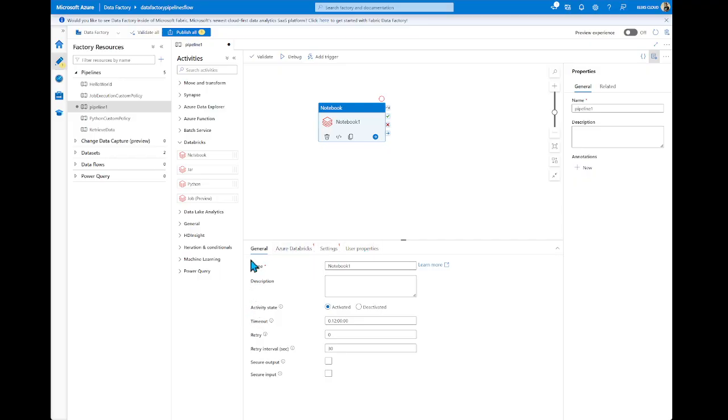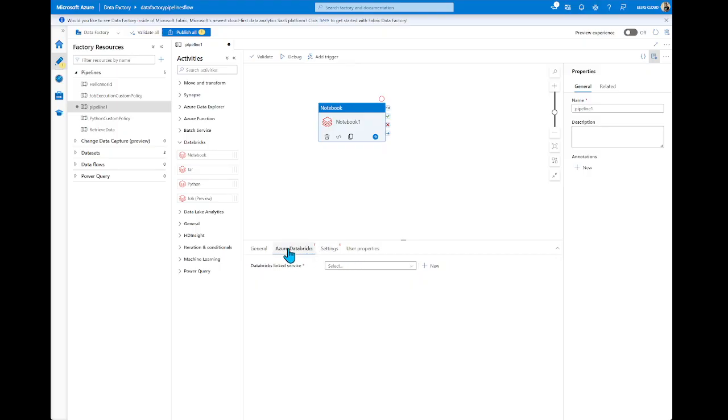In the general properties, you can provide additional information about how long Data Factory should wait for notebook execution, some retry policy, the interval between retries, and secure output and secure input, if you need to provide this data connection between two different systems securely, and if you need to encrypt and decrypt this information.